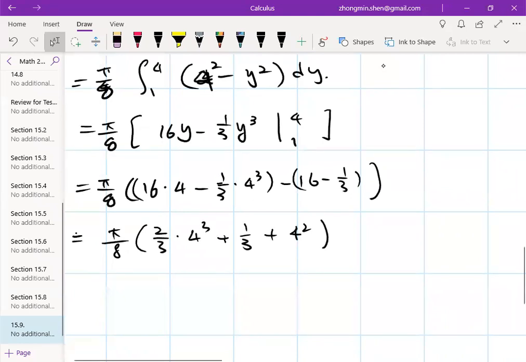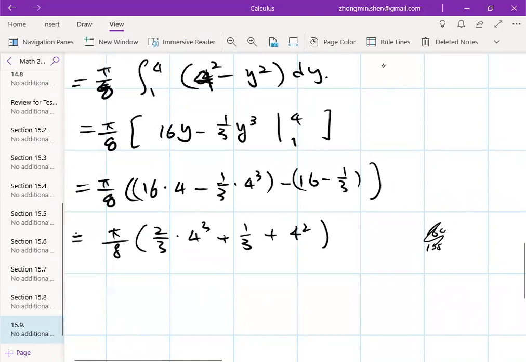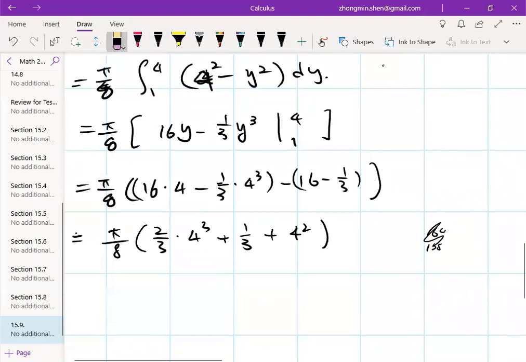I'm not sure whether we can get an integer here now. So this will be 16 times 4, 64. 64 times 2 is 128. 128 plus 1, that's 129. So anyway, it's not an integer. So this is a number. If we have time, we can combine them into one single